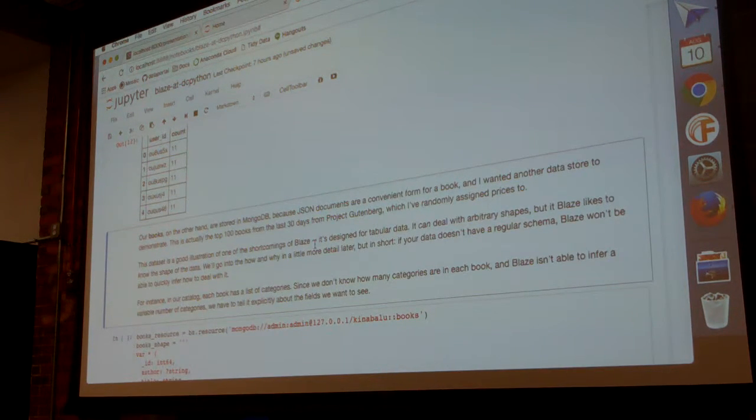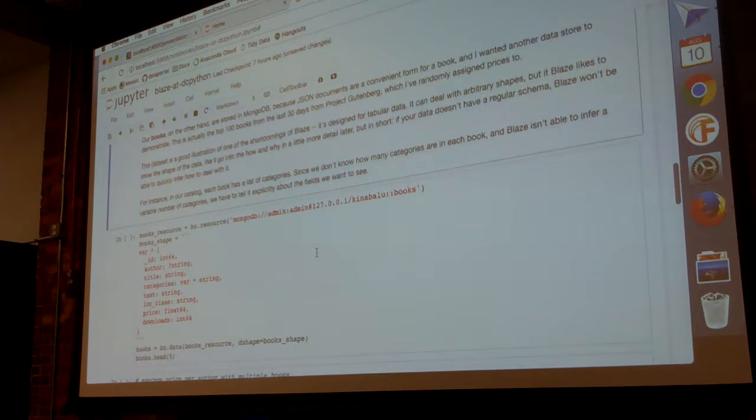So the thing is, our books, on the other hand, they're stored in MongoDB because JSON documents are a thing, and I want another data store to play with. So this is actually the top 100 books from Project Gutenberg, which I've randomly assigned prices to and put into place. So the thing is that this data set as well illustrates one of the shortcomings of Blaze, which I